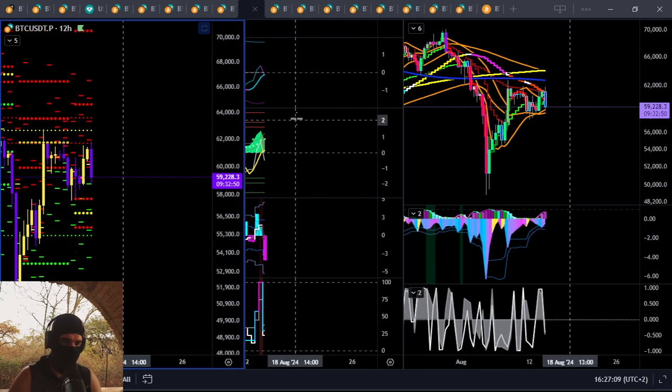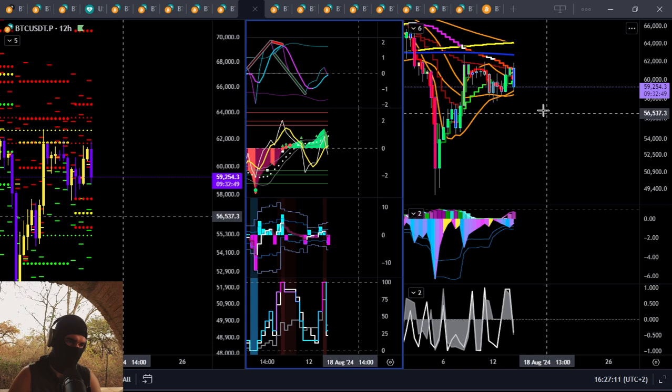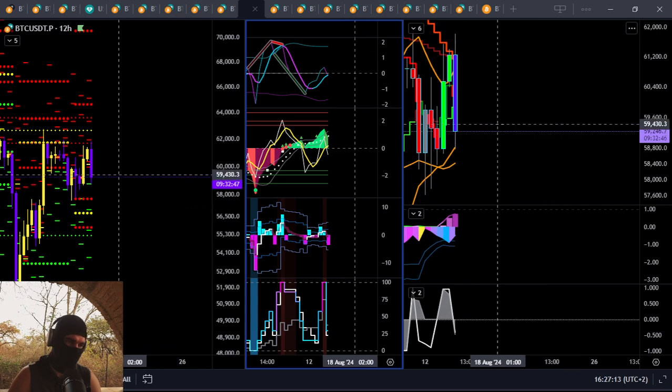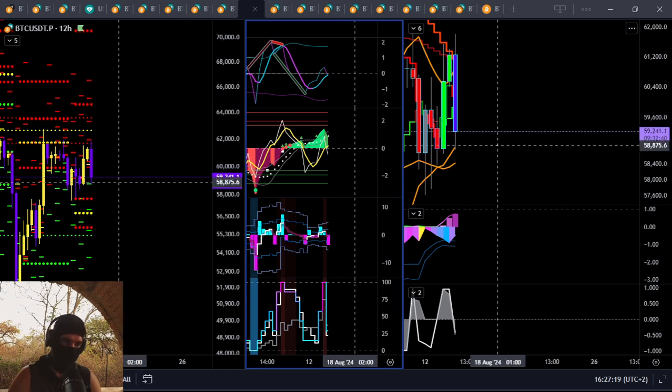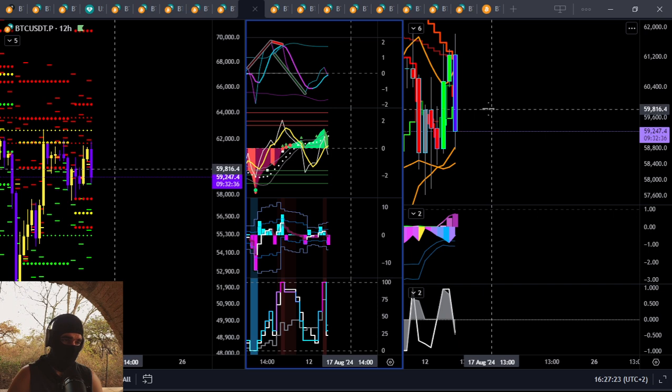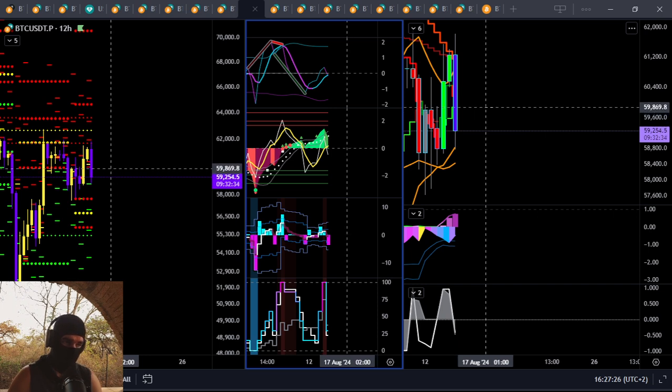Let's go to the 12-hour. 12 hours starting to fold over here. Breaks to the downside. This is actually quite a nice little bounce on 12-hour since when we more than likely started the stream, it's pulling back up above the green lines. When we get back to the 1 minute, it's in dump mode. I think it will cancel itself from dump mode at about 59,000, just call it 900 in the middle region here.